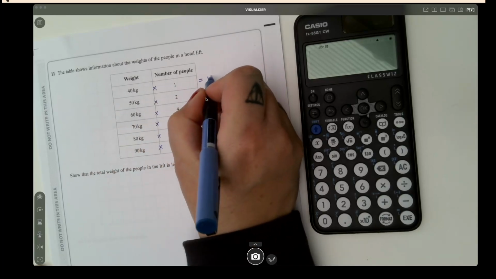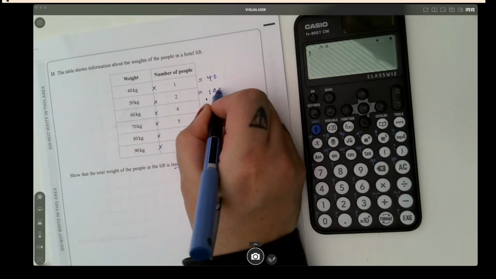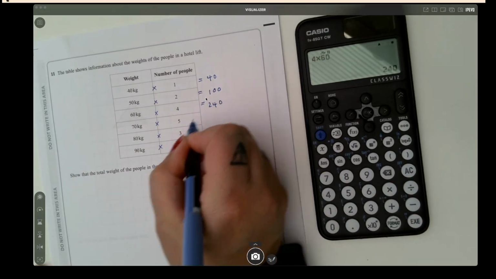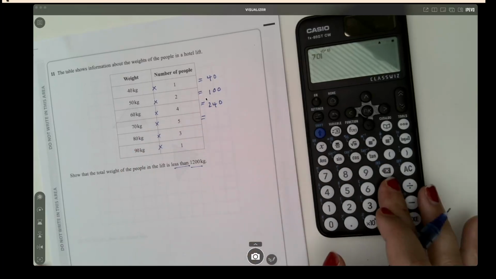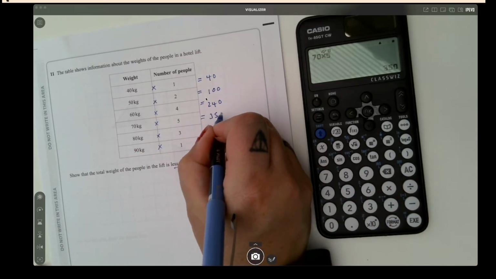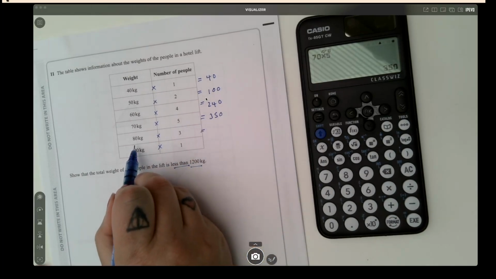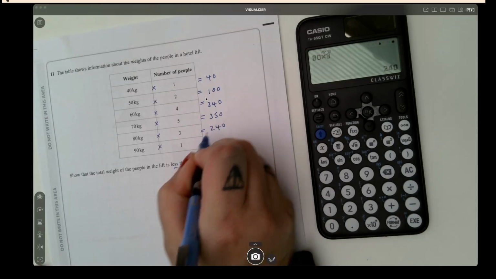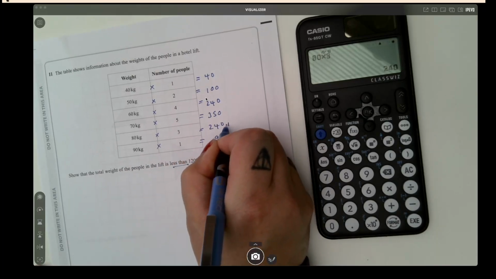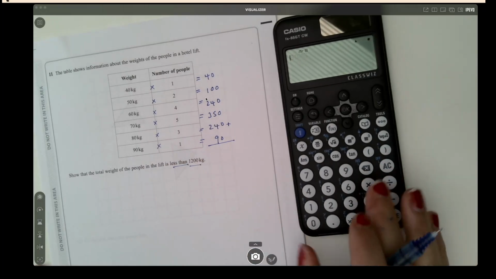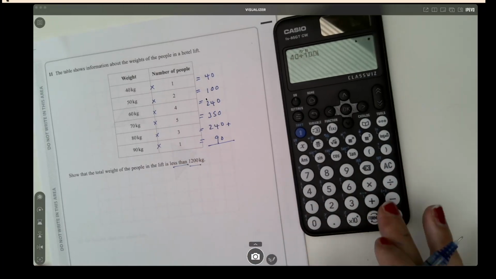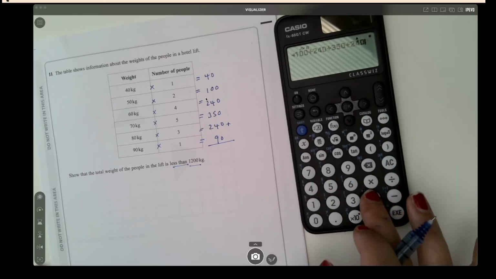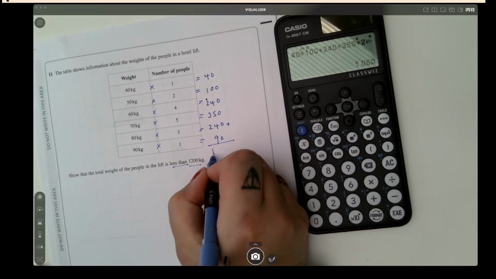So 1 times 40, 2 times 50, 4 times 60, 70 times 5. Even if you don't need to use your calculator, just use it on a calculator paper. 80 times 3. And then 90 times 1. And then we're going to add those together for that total weight. So 40 plus 100 plus 240 plus 350 plus 240 plus 90. So that gives us a total of